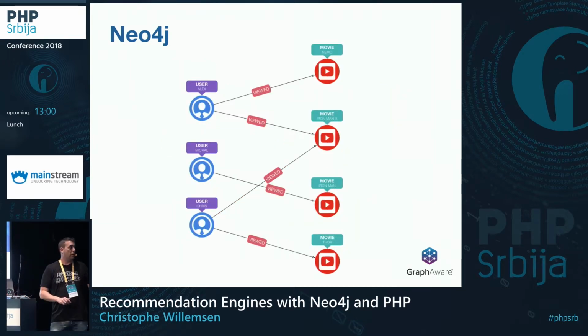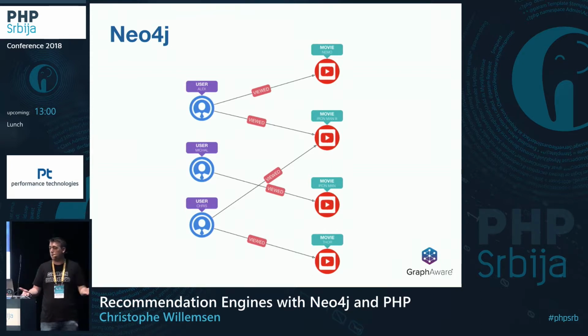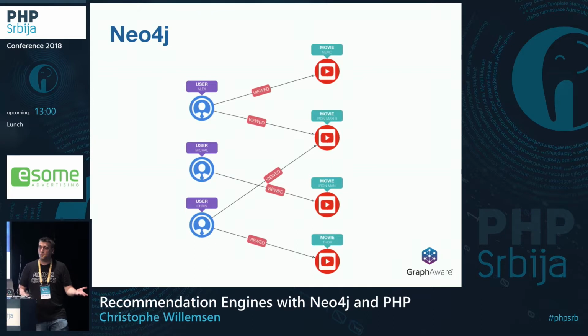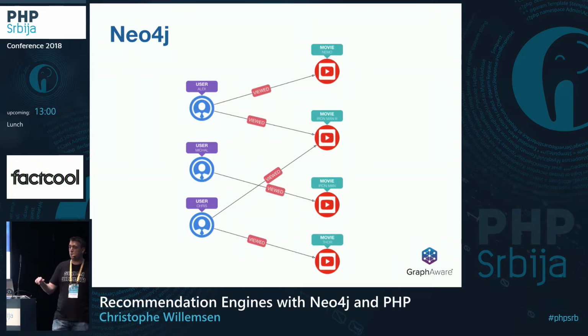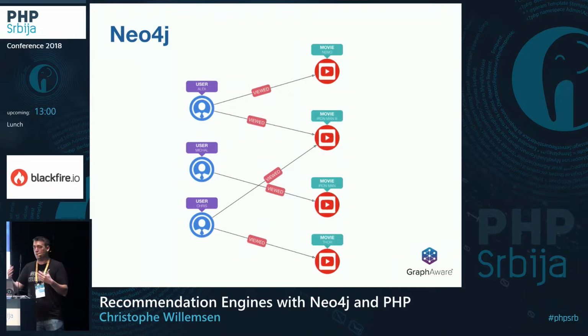Also, it makes things very visual. So here, I have 3 users that viewed movies. By just analyzing the screen, you can detect what I have to recommend to user 2, for example. You just take that he watched the same movies as those persons, and what other movies he didn't see yet that those persons watched already, recommend. That's it. This is a very simple example, of course.